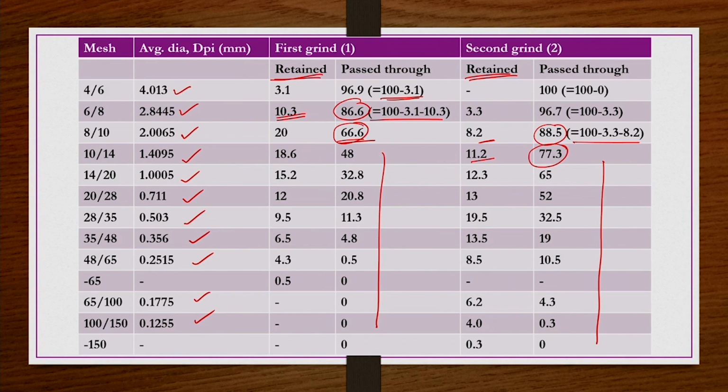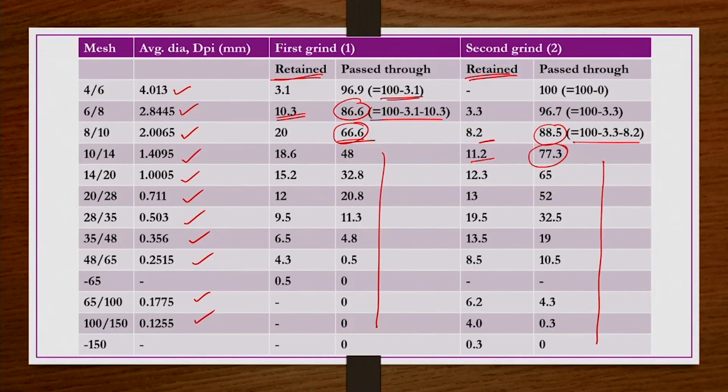through 8 mesh. Why are we doing this pass through kind of thing? Because from here only we get the respective numbers, how much 80% of the material is passing through, that size we have to take as a reference size for the product. Feed size is given, that is the reason we are making this tabular passed through column as well in addition to the given retained column.